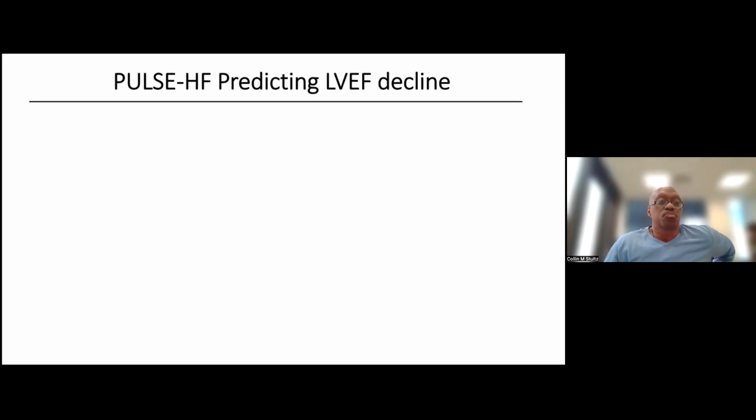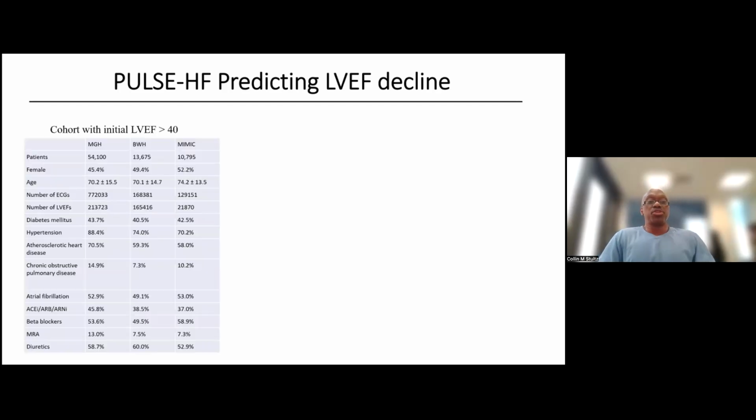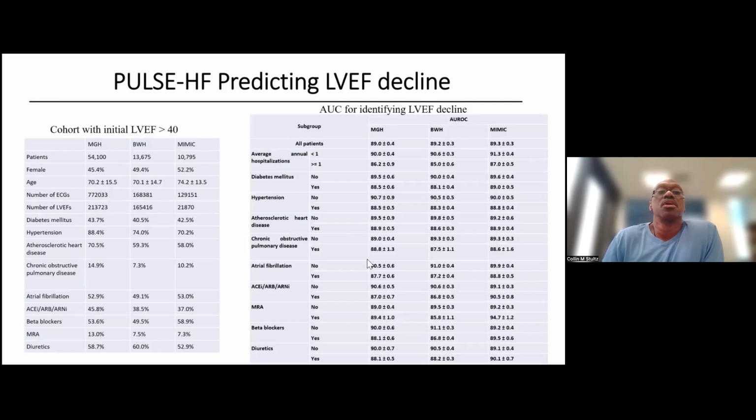So if you look at those patients with an LVEF greater than 40, so you just start out with those patients and you try to look at the discriminatory ability in this cohort, you find very similar things in that the AUC somewhat declined. It's about 89%, where it was 92%, but still quite good. And again, relatively preserved over different conditions that are seen clinically and seems to be preserved whether you're on the right medications or not.